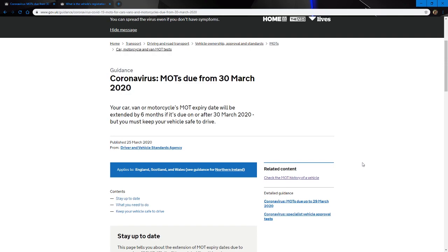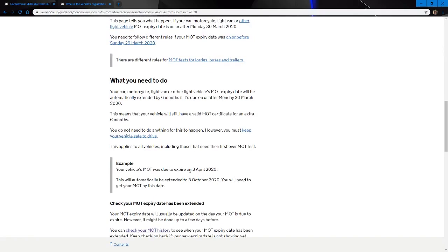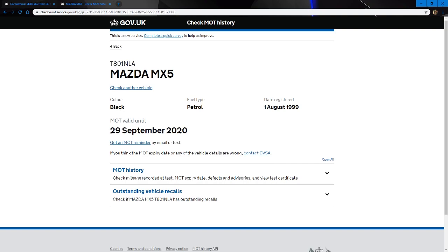Now, the first thing is this doesn't say an end date. I'm assuming it's open-ended until the government says otherwise, but currently they're adding 6 months onto your MOT. So the example that's given on the website is if your MOT was due on the 3rd of April, it's going to be extended to the 3rd of October. If we use my MX-5 as an example, the 29th of September, I expect that to be extended to the